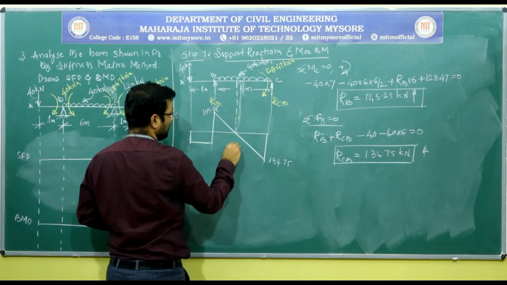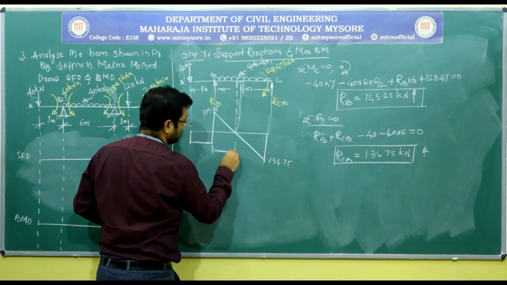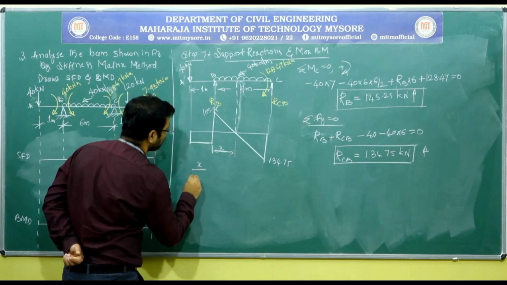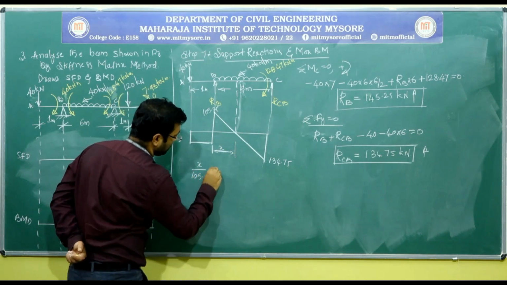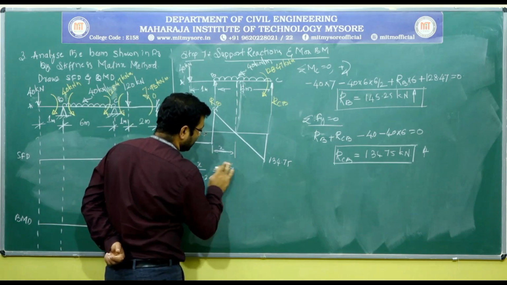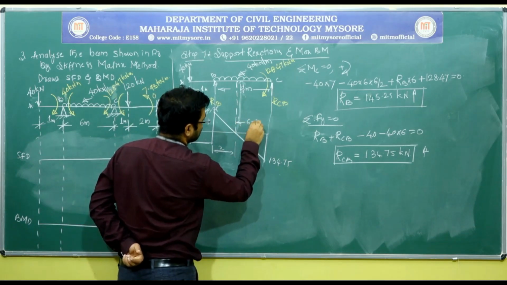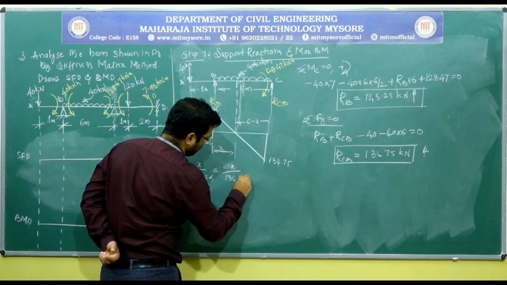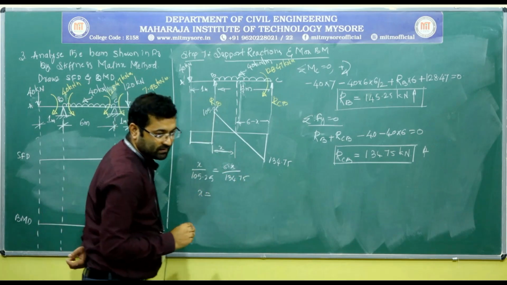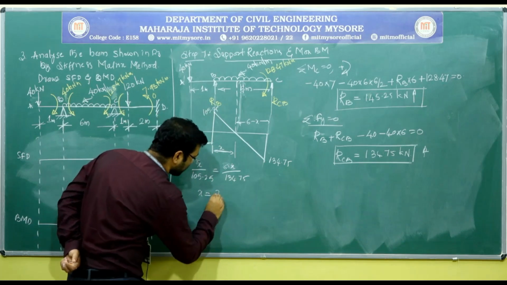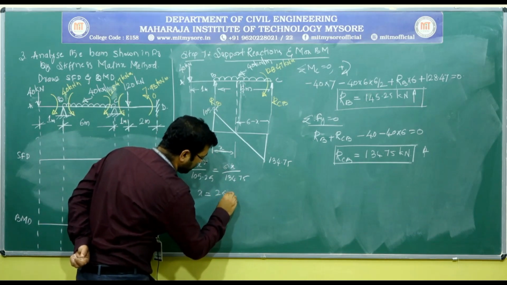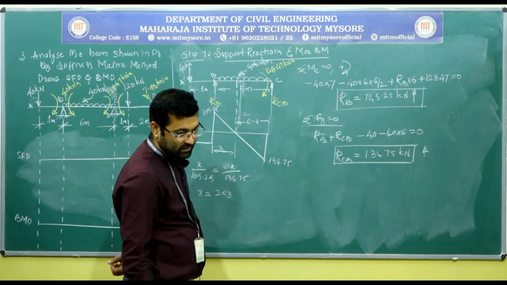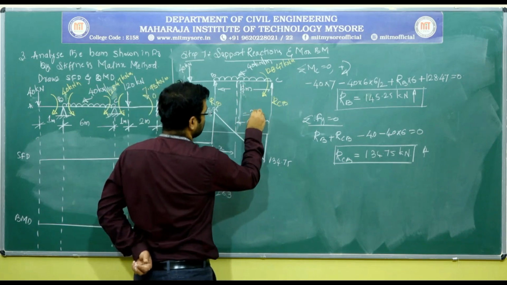So now we have to work out this point where we have the shear force as 0, where we can say that the bending moment is maximum. So let us say this is x. So if I use this symmetric triangle, so it is x by 105.25, which is equals to 6 minus x by 134.75. So here x yields to about 2.63. So this is 2.63, and this is 6 minus 2.63, it is about 3.37.